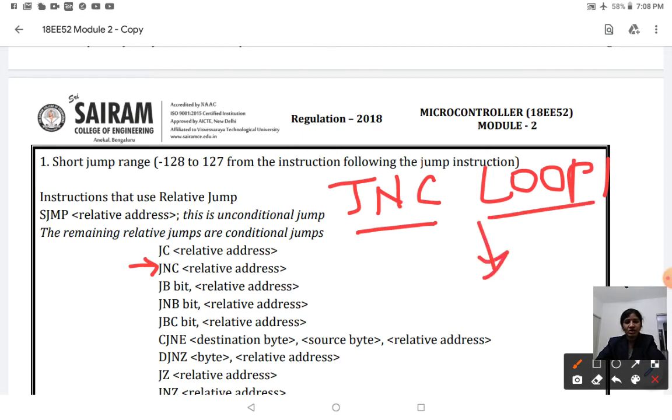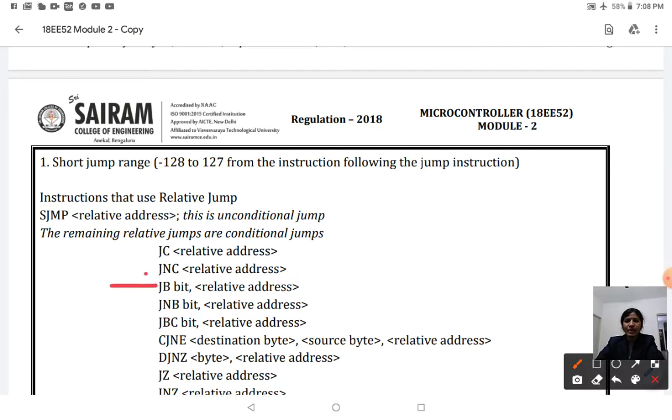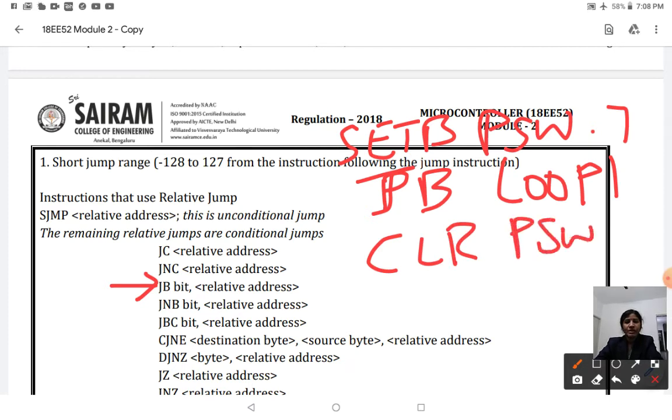If your carry is not set, it goes to loop 1, else it follows the next instruction. Next, JB, which means jump if bit is set. For example, SETB PSW.7, and now I use JB PSW.7, loop 1, else CLR PSW.7. So when it executes, the PSW.7 bit becomes 1, and it checks that bit.